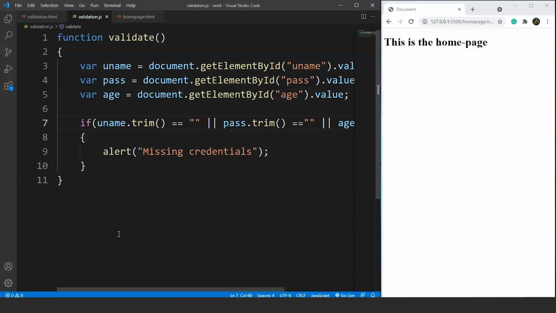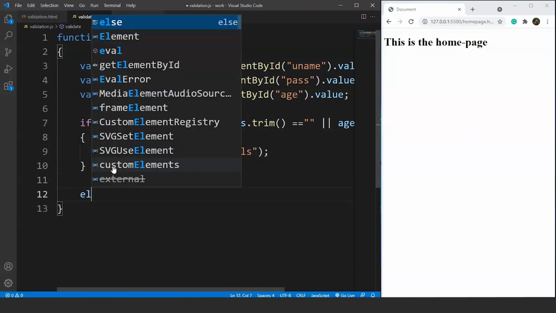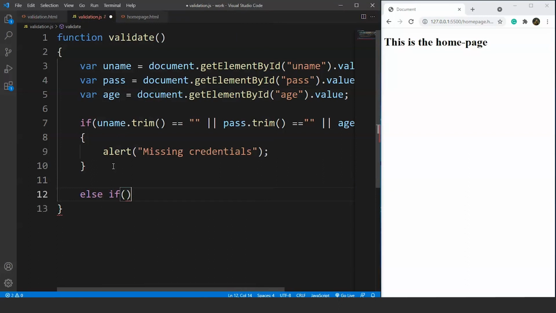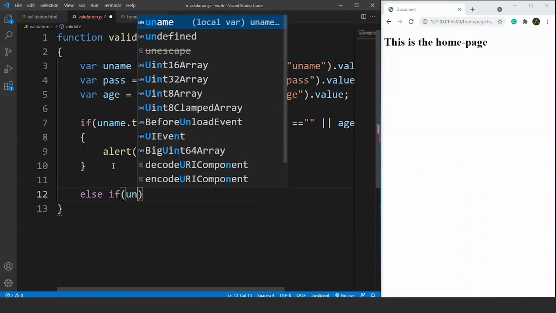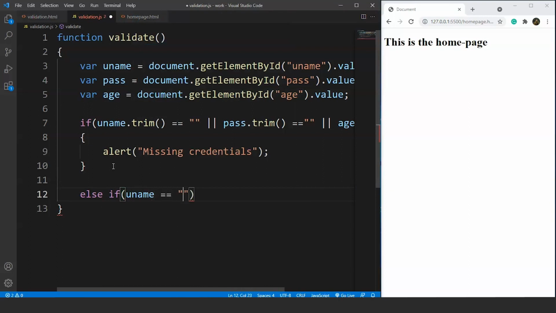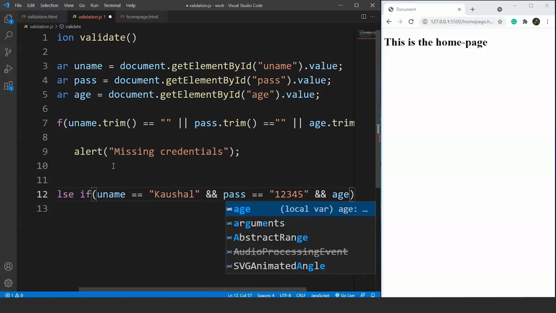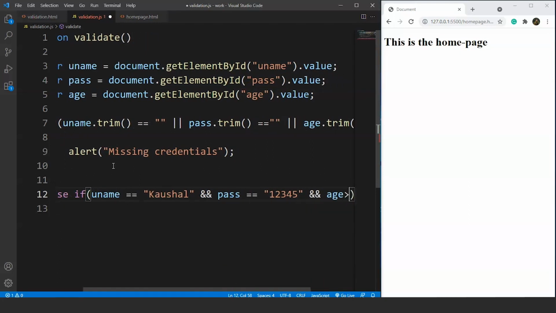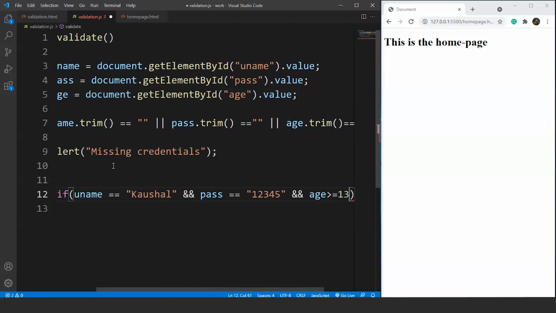So for that we have to use the else if statement, and what we'll do is we'll write here else if, and inside this we'll give our conditions. So let's say the conditions are uname is equals to Kaushal, and pass is equals to 12345, and age should be greater than or is equals to 13.